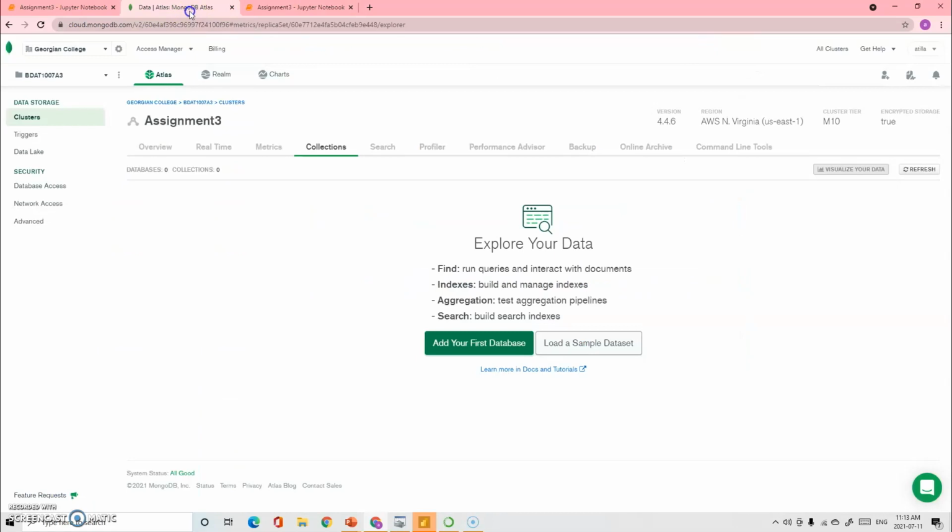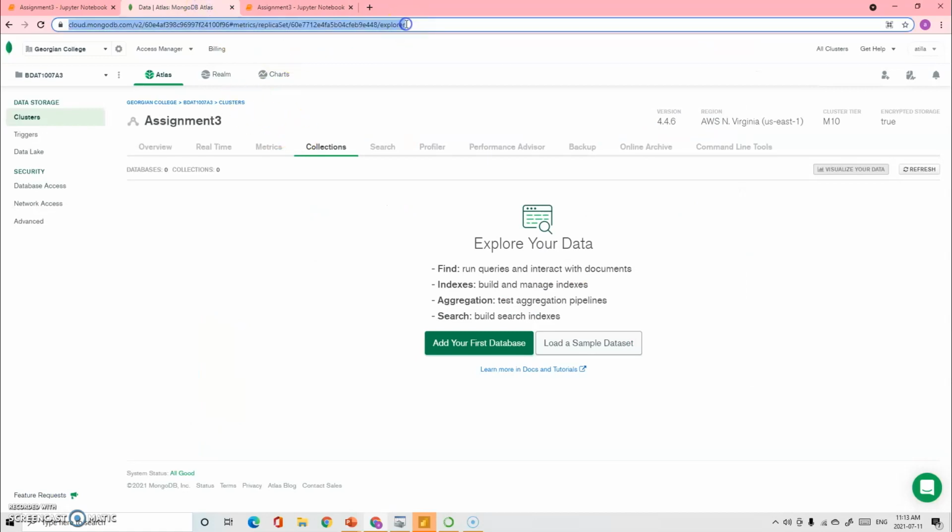Then let's connect to our Mongo client DB and check if we have anything in here. As you can see, we have nothing in here now. So what we're gonna do is create a database called test. Then under test, we're gonna create a collection called sentiment data. Then basically we're gonna convert our data into the dictionary format because MongoDB accepts data in JSON format. Then we're gonna insert our data into our MongoDB. So let's run this